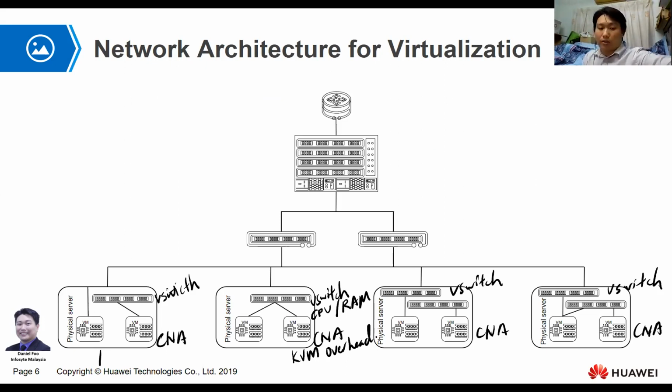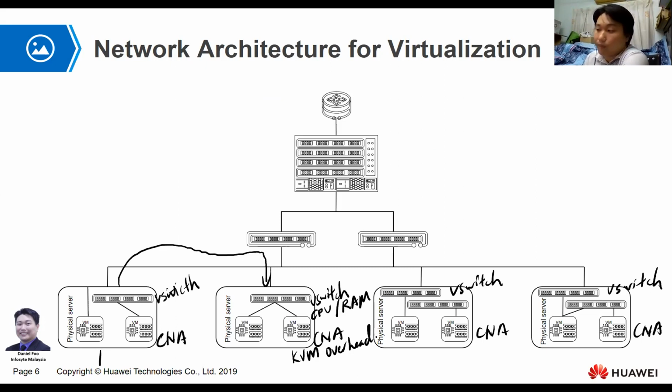This kind of technology is pretty common in Huawei FusionCompute, VMware, and even Microsoft Hyper-V. The virtual switching here is able to interconnect VMs, and if you are running on the same IP segment, your connection can connect to each other within the software layer. If you would like to connect from one server to another, then you will need to go through the switch, then come to the other